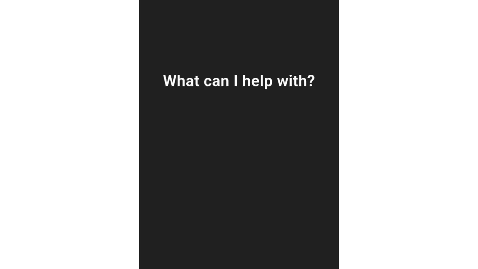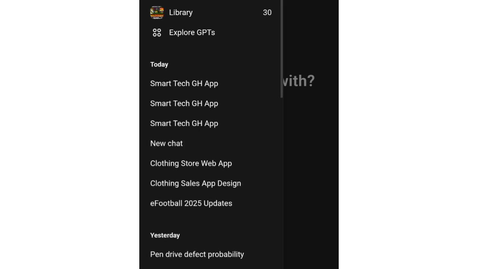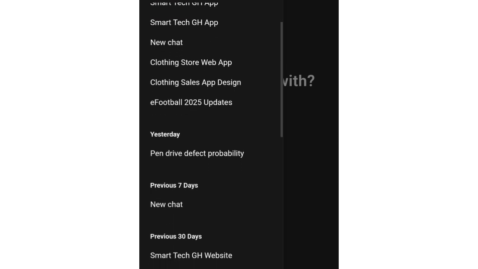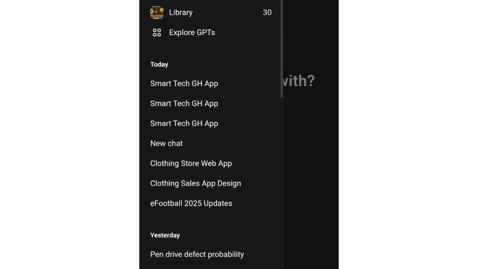Once you successfully create your account and log in, you can start using ChatGPT to do your research work, your content creation, anything at all you want to use it for. It will literally help you do everything with ease. So this is simply how you create your